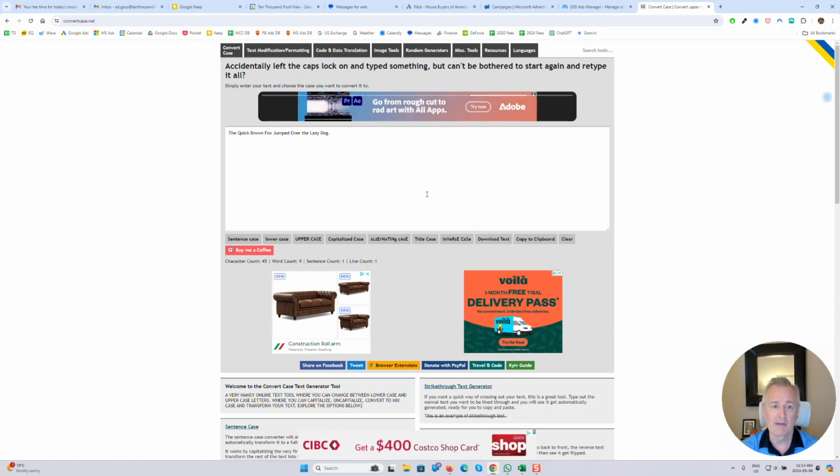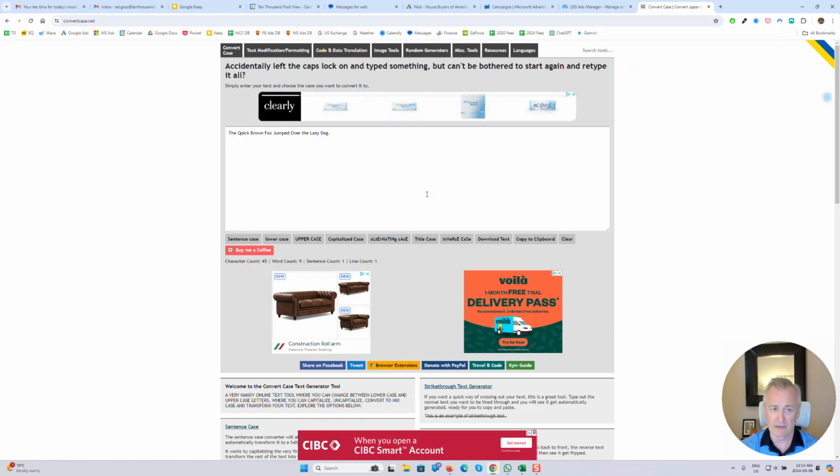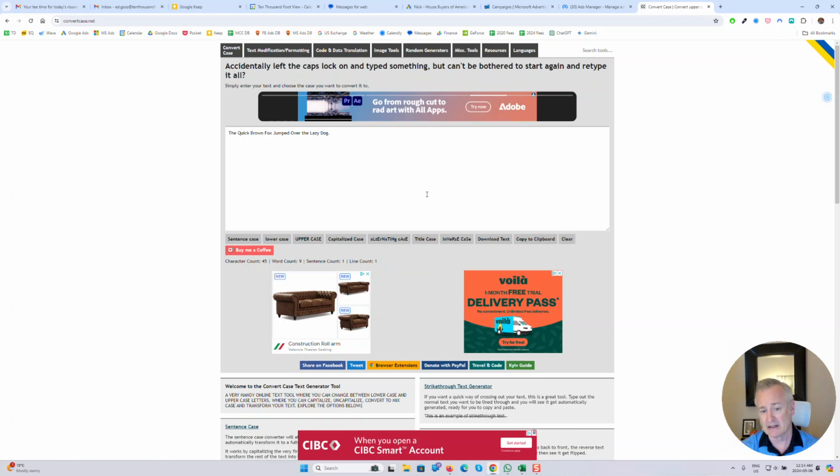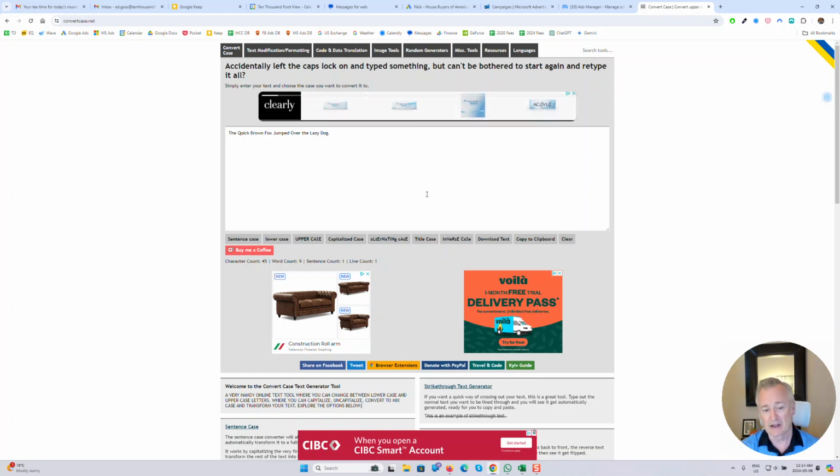So it's something I recommend to definitely any pay-per-click manager that's working with ads all day, but even an advertiser that is regularly editing their ads. This not only can reduce your workload a little bit, but it can also improve accuracy by ensuring that you're only capitalizing the right words.